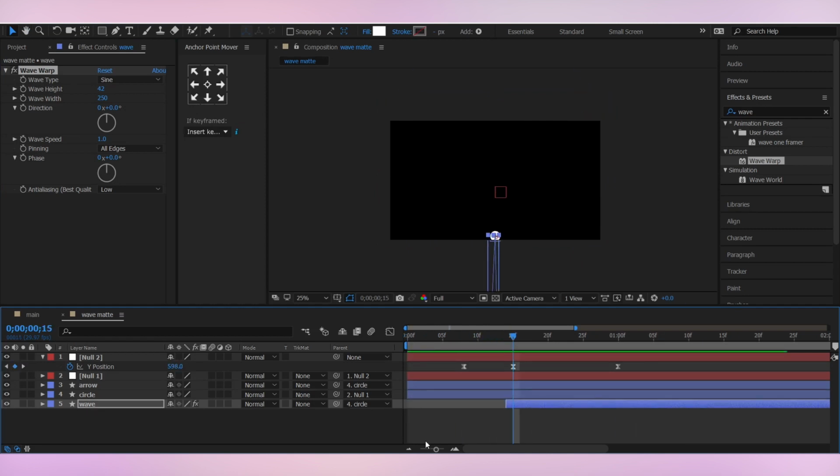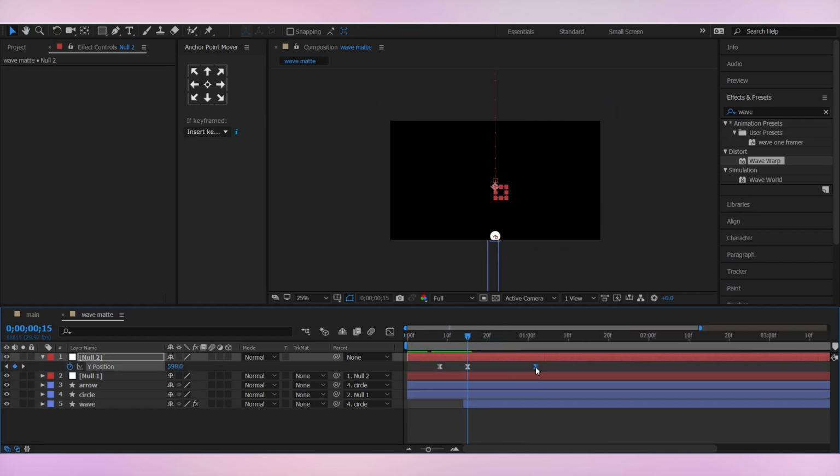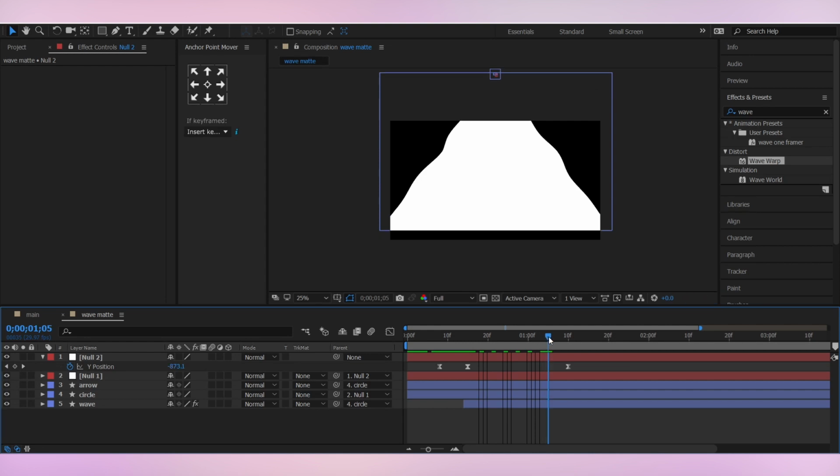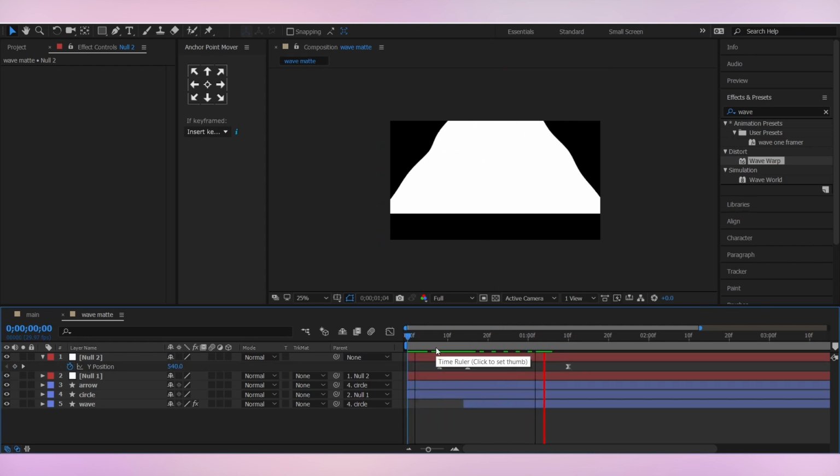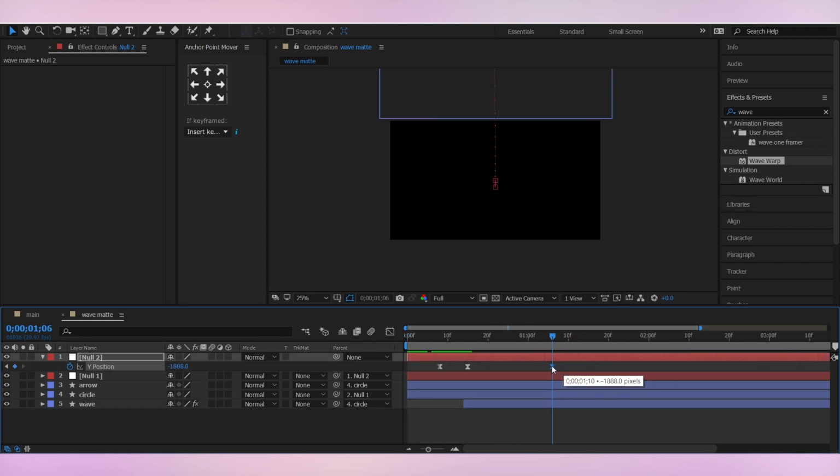If you think the animation is too fast, you can always drag the keyframes away. So I think it's too slow, so I'm gonna bring it near. Cool. This looks perfect.